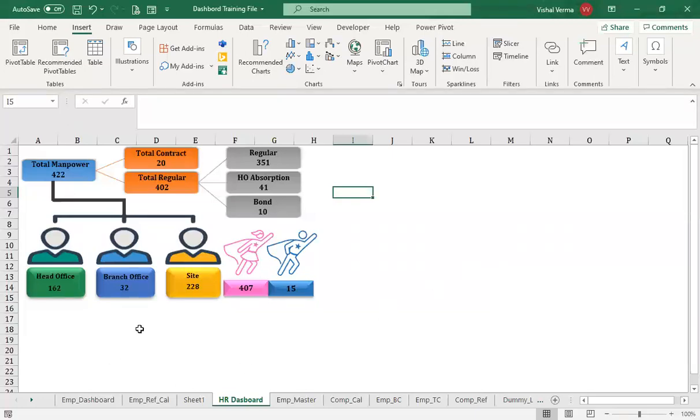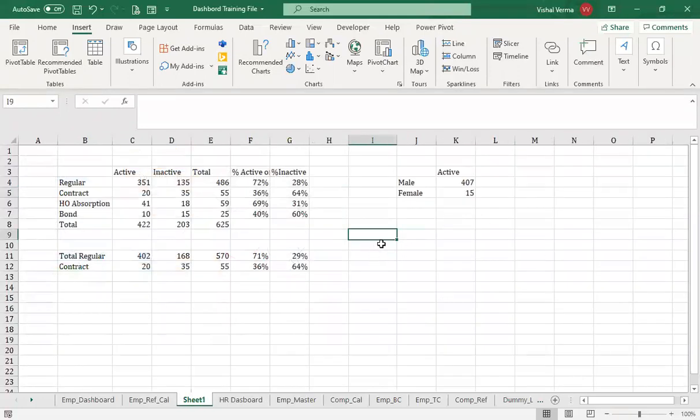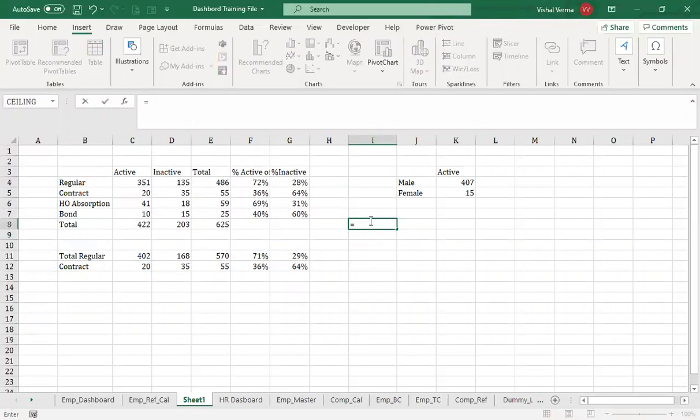Okay, so let's start our work and find out how many employees have joined this organization in this year. The function for this is year, and then we'll be working on today. Why we are working on today is that we are working on data that is current, relevant and time bound.